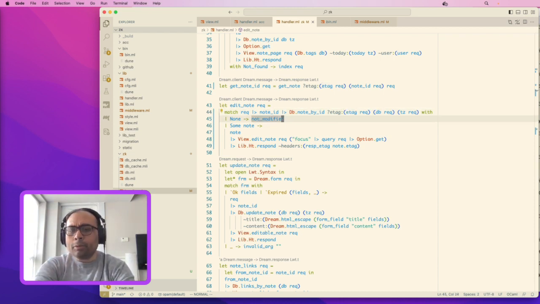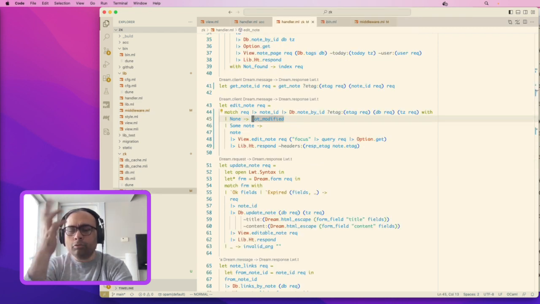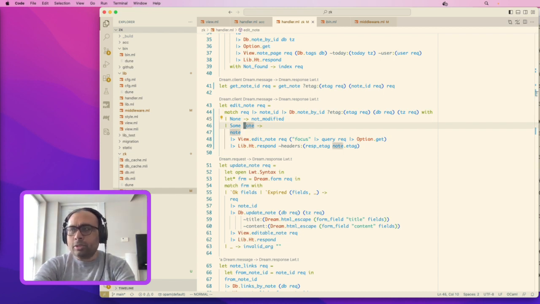And when the database says that, okay, this is none, that means it's not modified. There's nothing to update here, so I created a helper not modified, which just returns a dream empty response, and make sure to cache that according to the default settings so that the browser can cache it. And of course with the not modified status so that the browser can load the old version of the resource from its cache. And of course, if there is some note, which means it has been modified, then we render